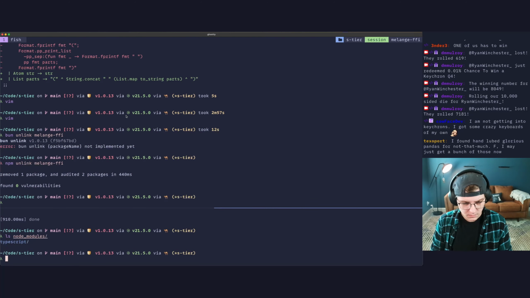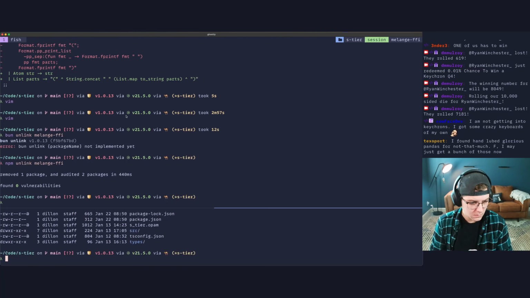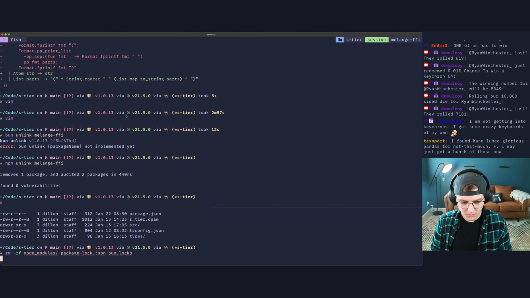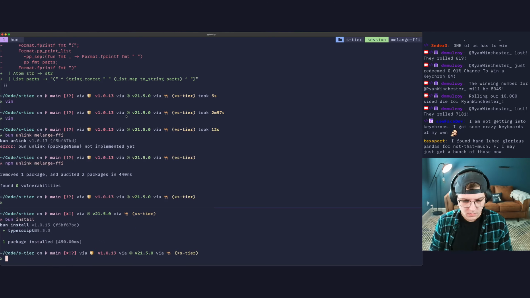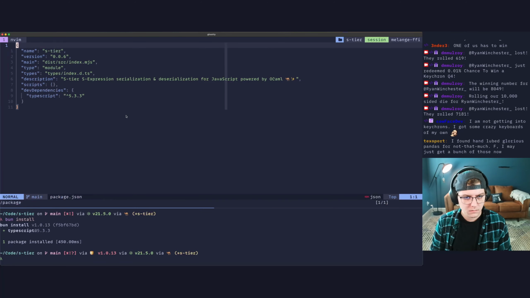List node modules. Remove package. Yeah, let's do this. Get rid of that package lock again and bun lock. And let's bun install. Bun install. Why did that do that? Oh, bun install